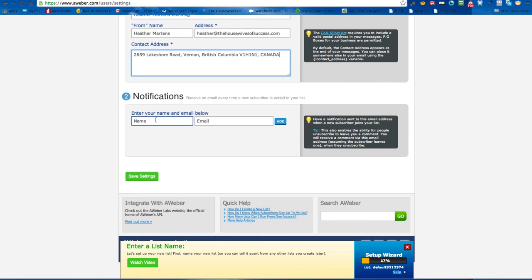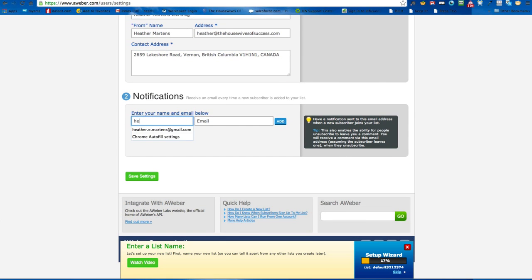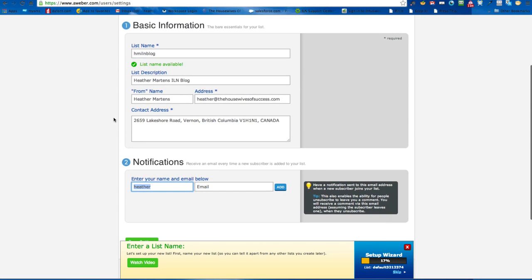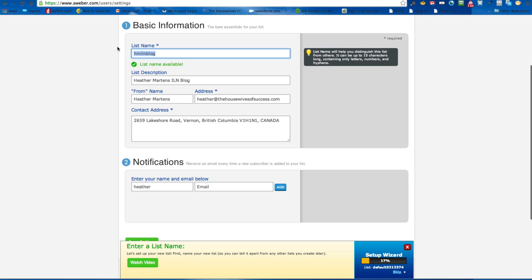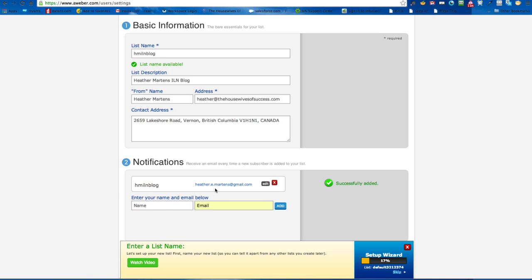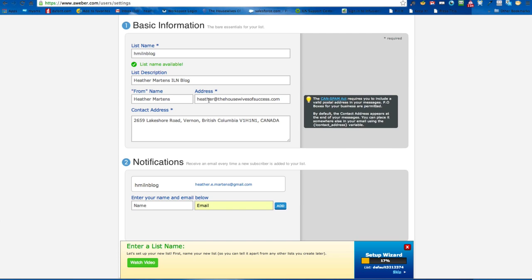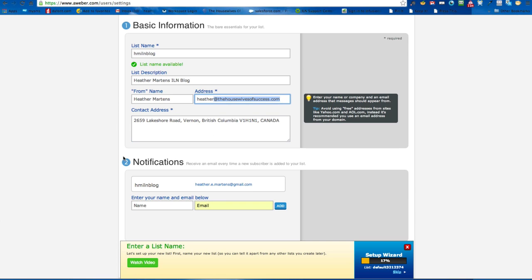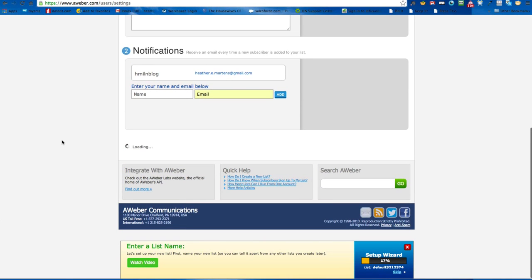So notifications, you want to put this in here for when somebody opts in. So actually what I usually do here is I put the same name that I have my list of my blog, so I know what the list, where it's coming from when I get a notification. And then here you can put your Gmail. So you will get notified right to your main Gmail or whatever main email address that you use, if you don't always use the one from your website. So you save those settings,